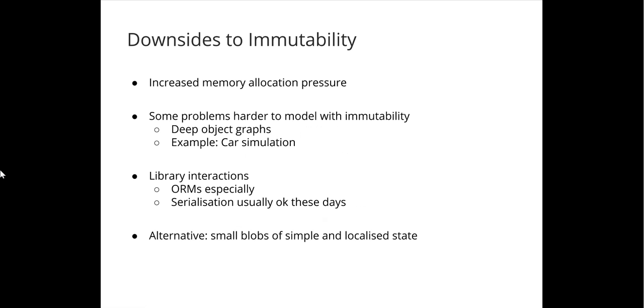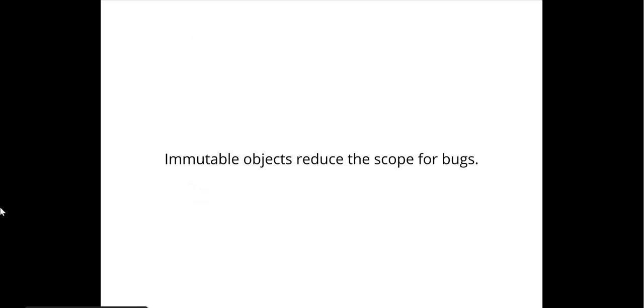If you've got a hierarchy that's quite deeply nested and you want to change an object inside that hierarchy, then you might have to copy the whole hierarchy. So often that can make things a little bit more complicated. But we still encourage you to make use of immutability. And in the case that you need to make changes, keep it localized with some small, simple mutable objects. So that covers immutability. It's a good way to reduce the scope for bugs and prevent nasty bugs.